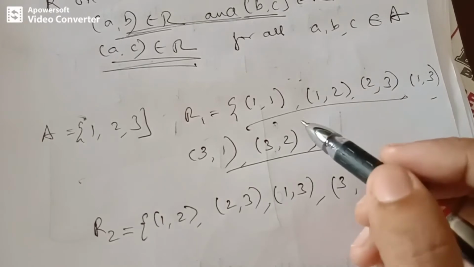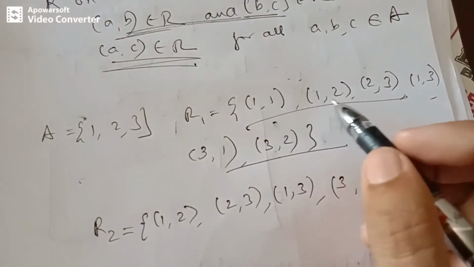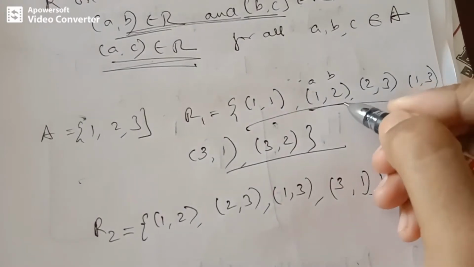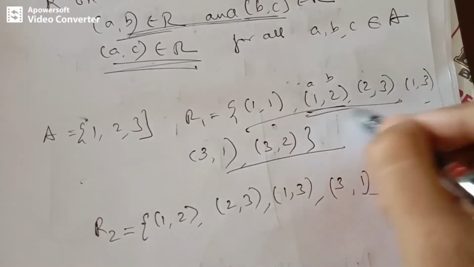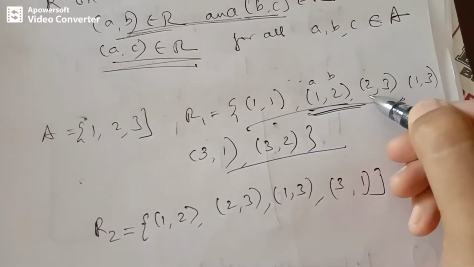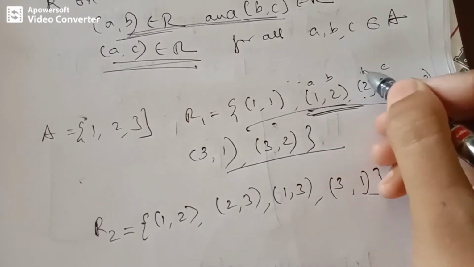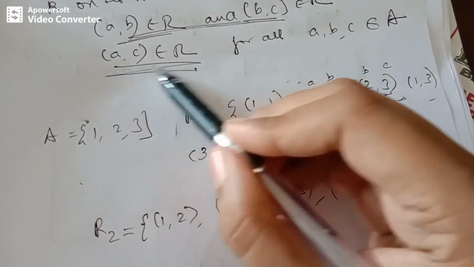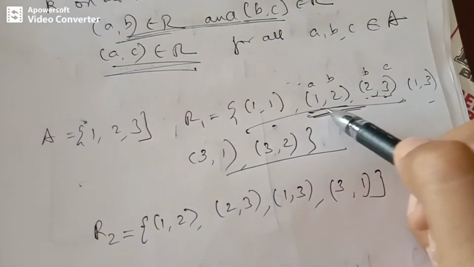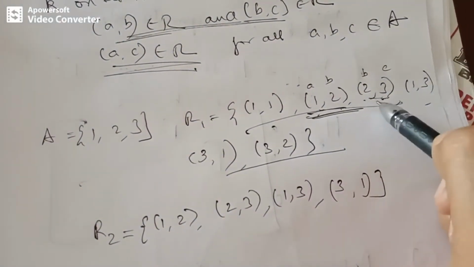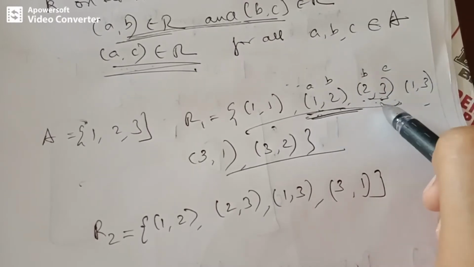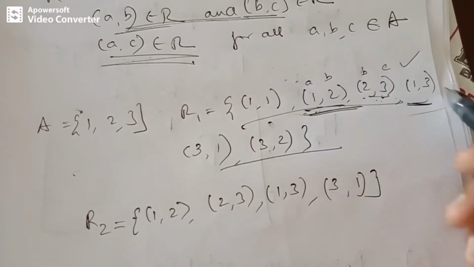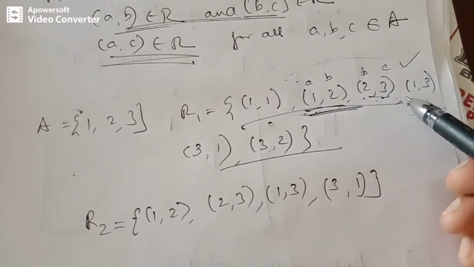Basically, you can observe that we are going to check for the (a, b) pair. This is a, this is b. Both are different elements. Whenever (a, b) belongs to R, and we can say this is c, and (b, c) belongs to R, then we need to have (a, c) belongs to R. That means if I have (a, b) and (b, c), then I need to have (1, 3) belongs to R. So I can say yes, for this pair it is okay. It satisfies the transitive property.